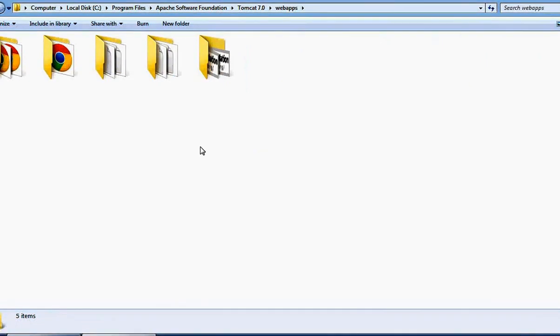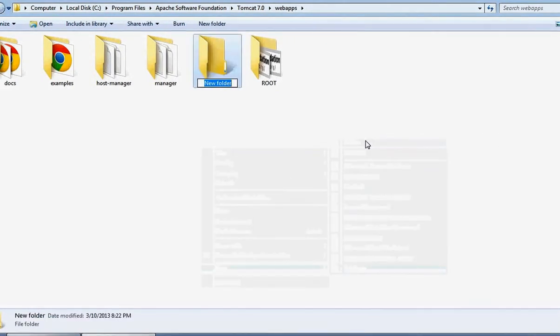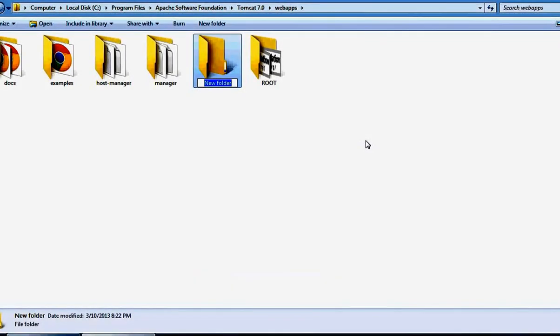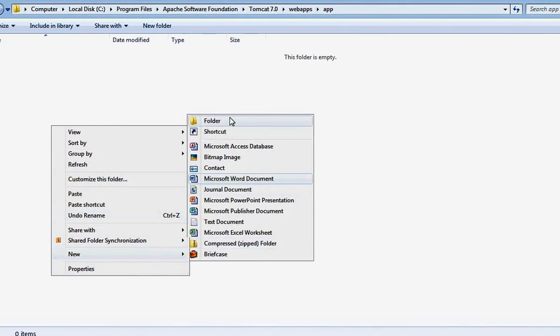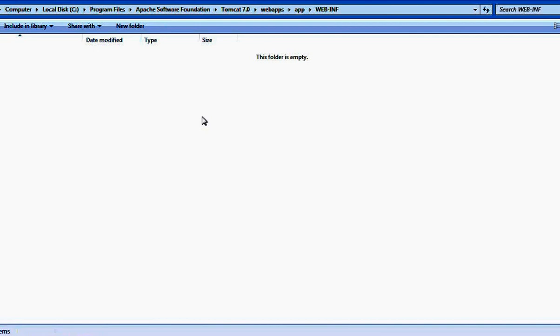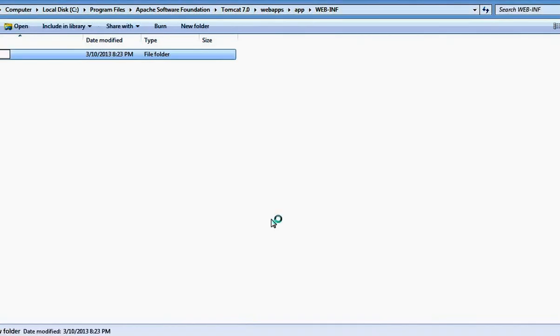Get into that folder, create a new folder and rename it; you can give any name, but for now I will give it as app. Get into app, create another new folder and rename it as WEB-INF. Everything should be in capital. Now get into that folder and create another new folder and rename it as classes.